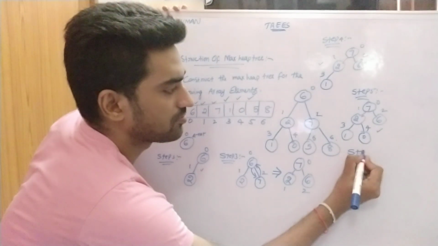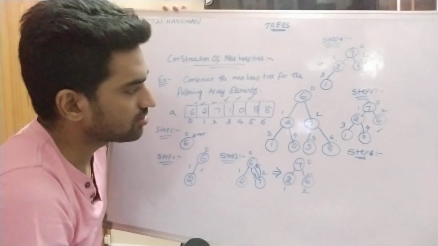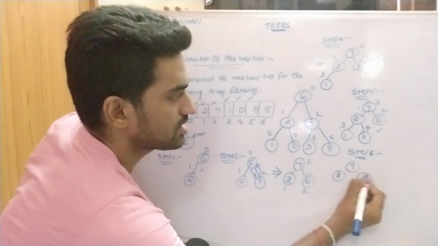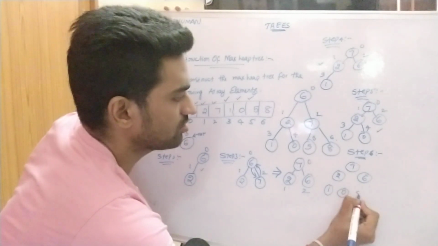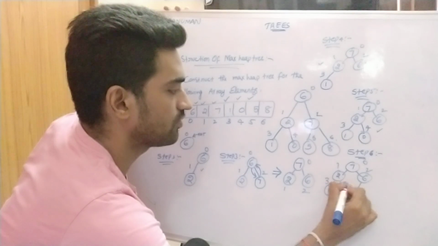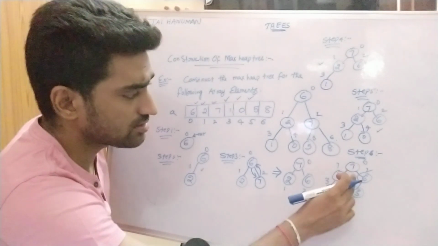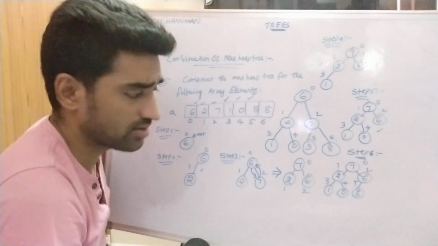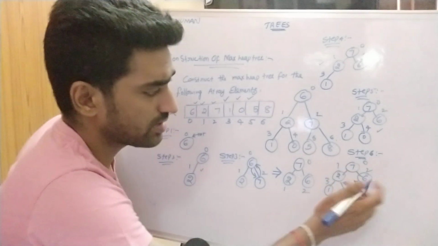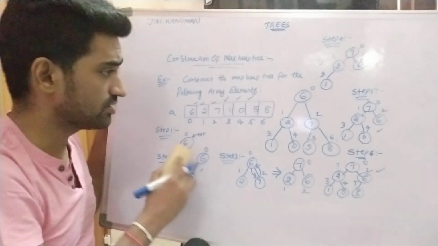In step 6 we are inserting one more node. What is the node? 5, right? So here the tree becomes 7, 2, 6, 1, 0, 5, with indices 0, 1, 2, 3, 4, 5. Fine. Now check whether this tree satisfies the max heap tree property or not, right? Root node is always greater than its children. So that's why this tree satisfies the max heap tree property, right? There is no need to apply the swapping procedure. So what is the next step?